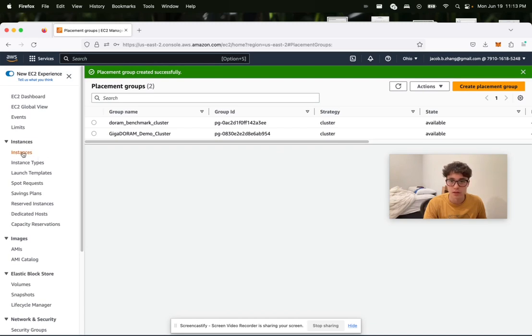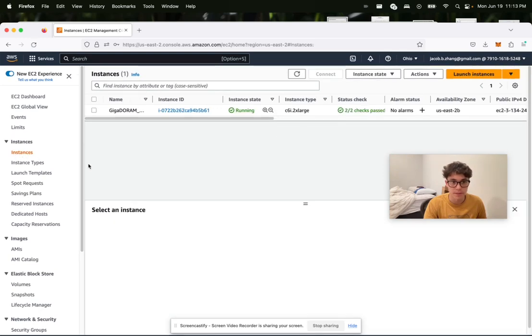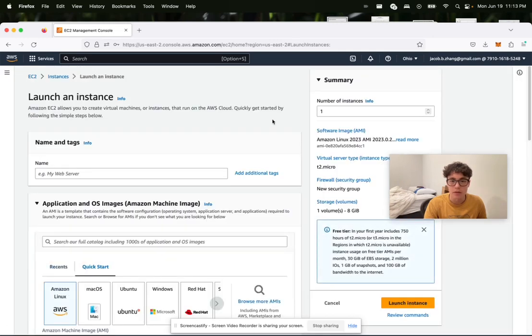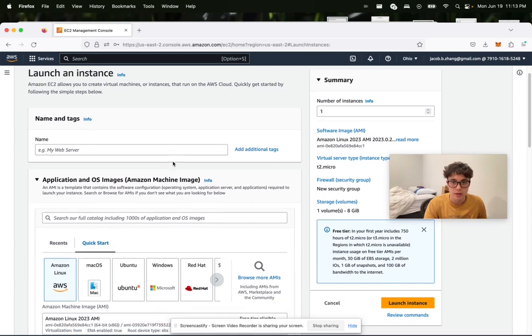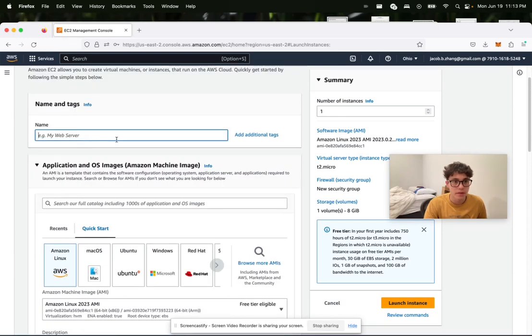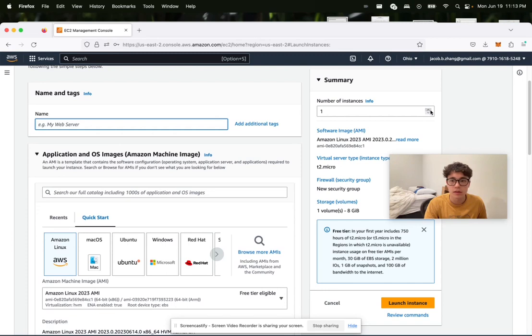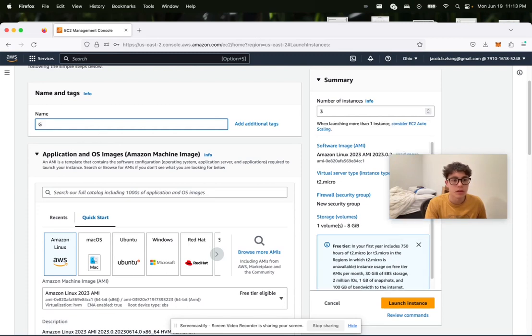Placement group exists. So let's now launch 3 instances into that cluster placement group. Now we've got to pay a bit more attention. I'm going to have to rename them later. They're named DORAM benchmark, and we'll have to remember to rename these afterwards. Launching 3 instances